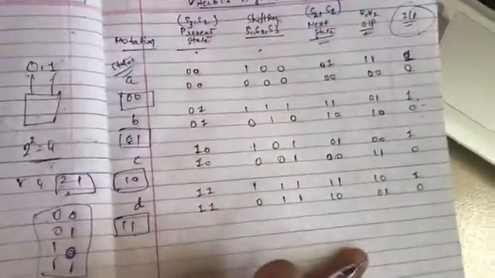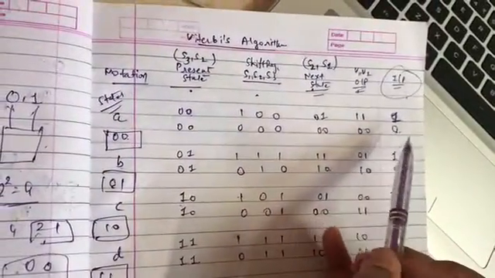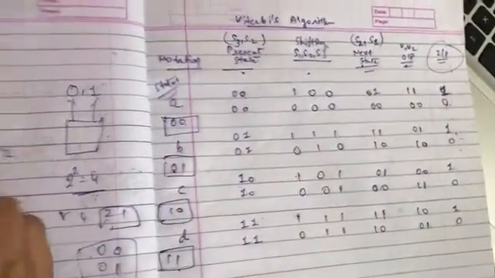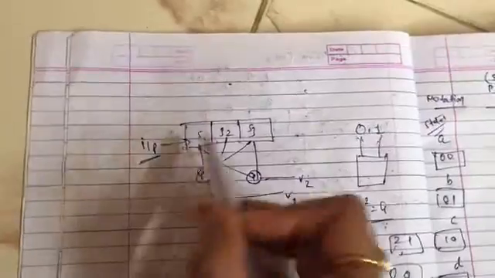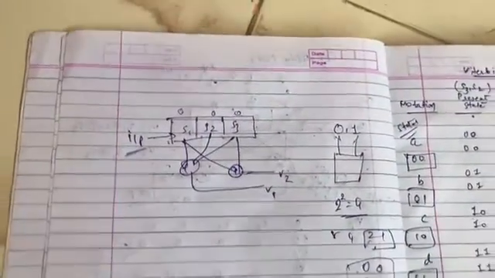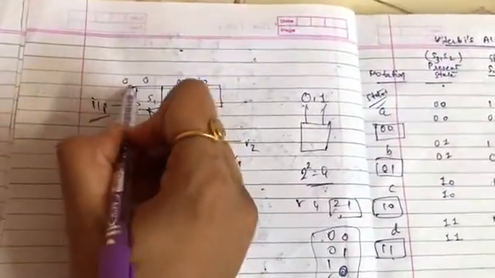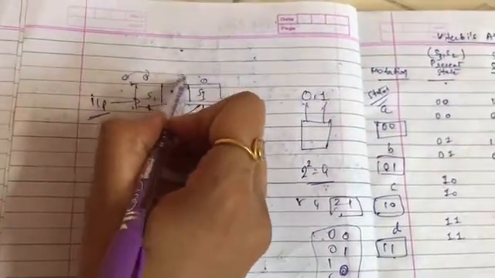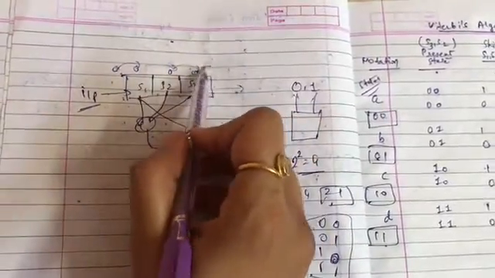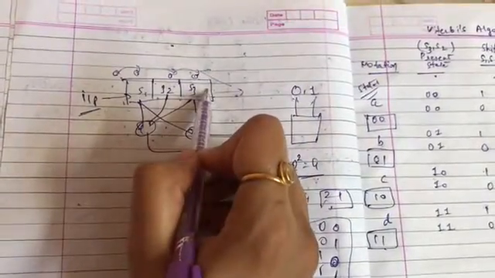So see, 0 1 0 1 0 1 0 1 are available as input. Now we are putting a different 0 or 1 as input. In this one, as an initial stage there are all zeros. For a given input 0, this 0 will be shifted here, this 0 will be shifted here, this 0 will be shifted here, and this 0 will be out. So you get 0 0 0.